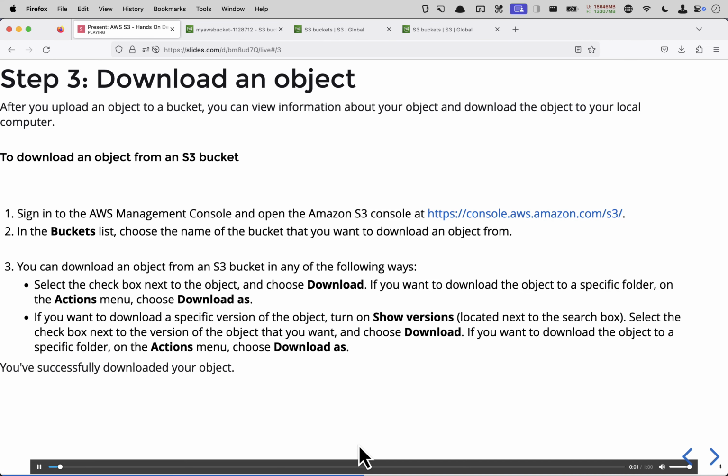Step 3. Download an object. After you upload an object to a bucket, you can view information about your object and download the object to your local computer. To download an object from an S3 bucket, sign into the AWS Management Console and open the Amazon S3 console at